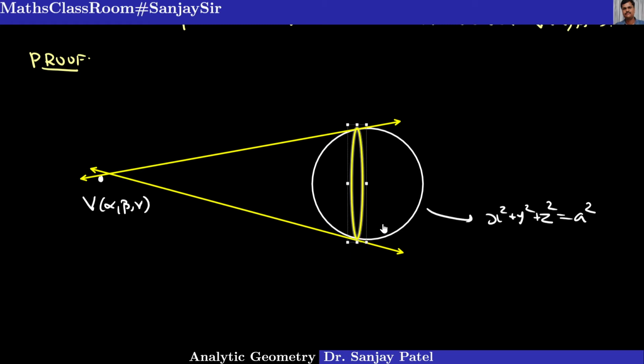Yes, so this kind of cone will be generated, and we want to obtain the equation of this enveloping cone. Remember, this is extended up to infinity, so this sphere is inside the cone. Okay, so this is our sphere which is lying inside the cone, and we want to obtain the equation of this. So we take an arbitrary point P, say x comma y comma z, on this enveloping cone whose equation we want to derive. So let me start this way.